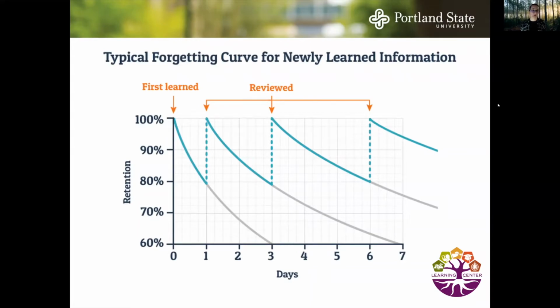So as I was talking about, here's a graph of the typical forgetting curve for newly learned information. You can see that at the first moment you've got 100% of the information, but it's a pretty steep curve down of how quickly you're going to forget that. If you review it the next day, you can pretty easily remember that information. And reviewing it consistently and incrementally, you can see the slope of those curves becomes less and less steep, and you're able to retain more and more over time through consistent study, but also frequent study as well.